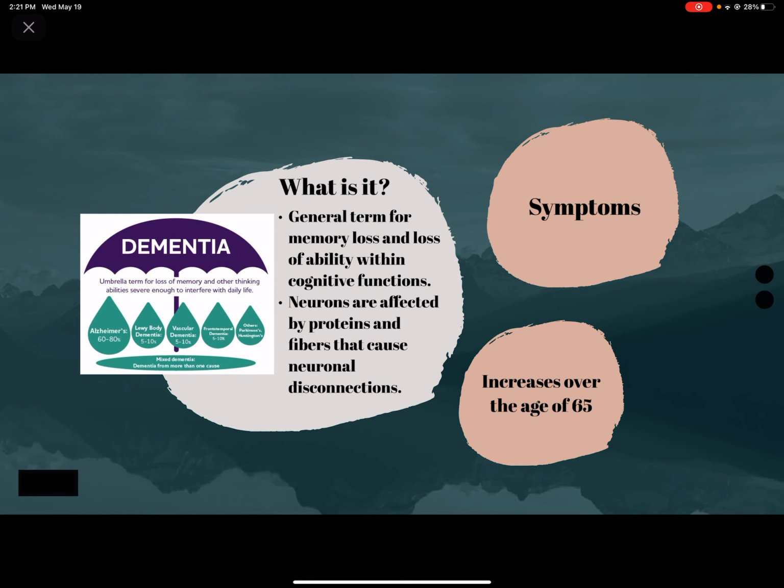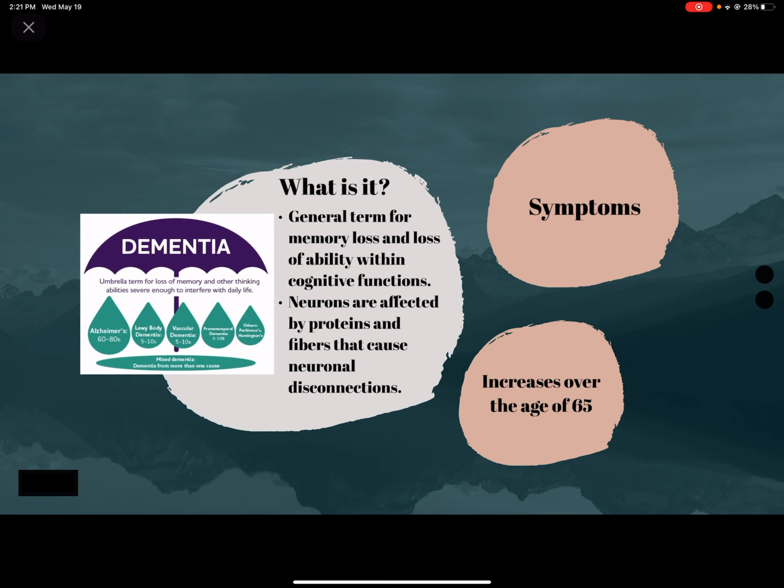So the next neurocognitive disorder that we would like to discuss is called dementia. Dementia is used more as an umbrella term. So it's termed by memory loss and the loss of the ability within cognitive functions, and this does decrease independence within activities of daily living. So basically the science behind it is neurons in the brain are affected by proteins and fibers that cause